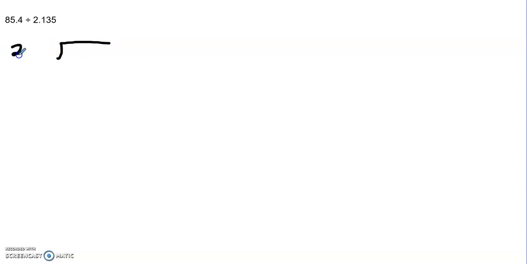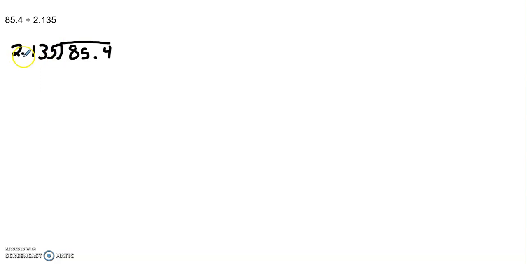So that would be 2 and 135 thousandths. And then on the inside, I'm going to write my dividend, which is 85 and 4 tenths. So I noticed that I have a decimal in my divisor, so I need to move it. So move it to the end to make it a